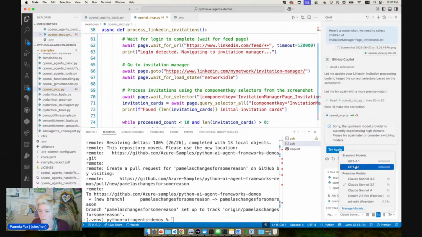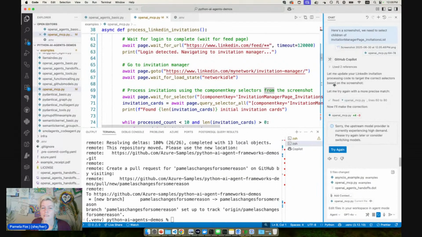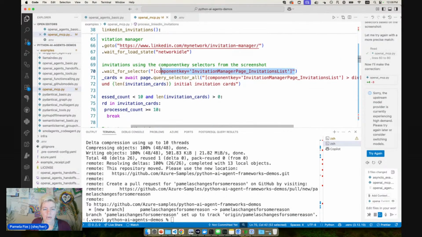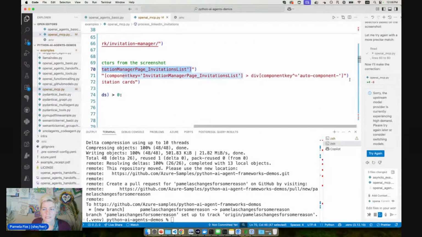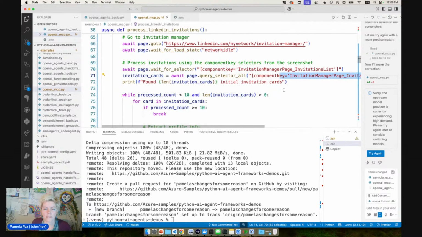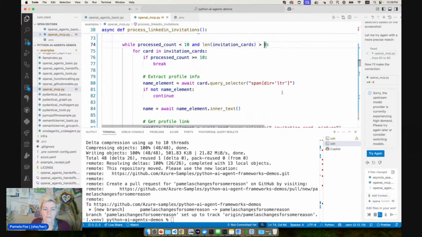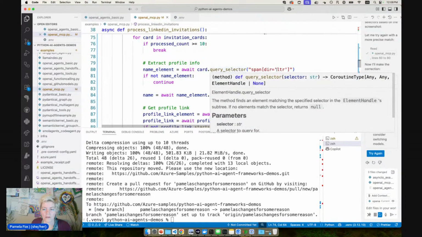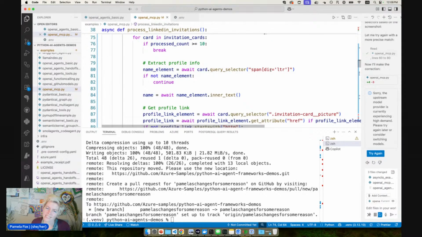Let me change the model since Claude is getting a lot of traffic right now. Okay, so we go to the invitation manager. We wait for the invitation list to show up. Then we select all of the elements underneath that are invitation cards. And then we start processing, right? So we get the profile information. So it looks like it's getting